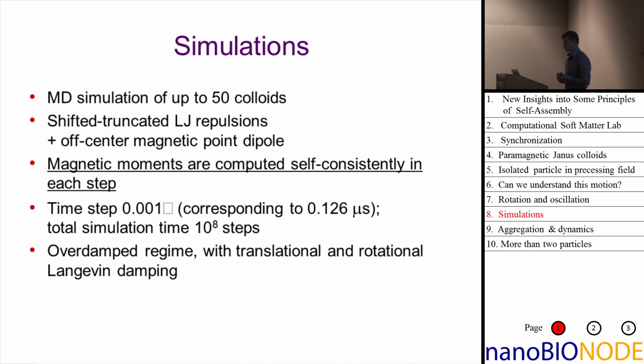So why is that? Well, for one thing, you have to follow these particles for very, very long times. These particles gradually have to interact, adapt their motion, and so on. But on top of that, the really tricky part is that the magnetic moment of each particle depends not only on the magnetic field, which changes over time, it also depends on the magnetic moments of all the other particles. And those influence each other then again. So you need a so-called self-consistent calculation, and that makes this incredibly expensive. However, the good news is 50 particles is completely fine. That's enough to see what's going on. And I'll illustrate that to you.